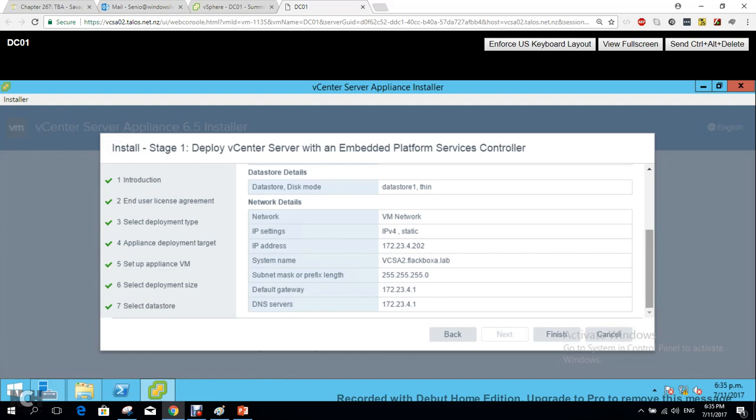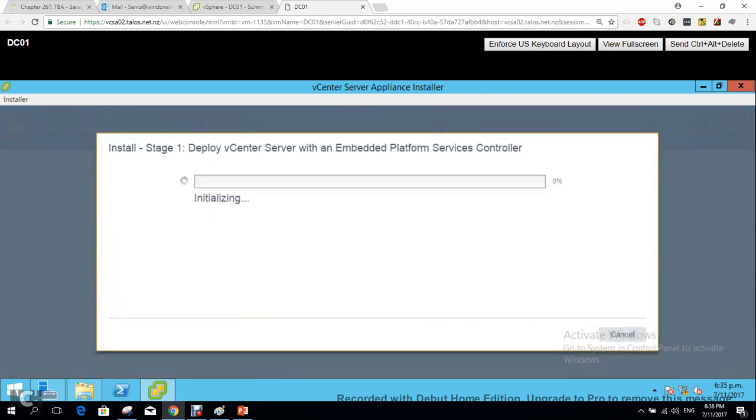This is just a review of what we've done, and then we can click Finish. Now it will install. There is a potential error that you'll get at the end of this, and it will say something along the lines of your CUID will not power on. And what this means is the ESXi host cannot power on the virtual machine,